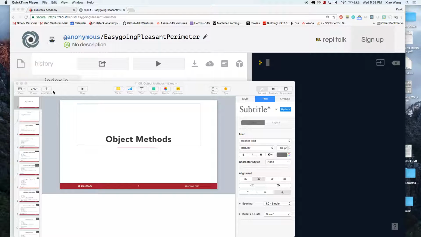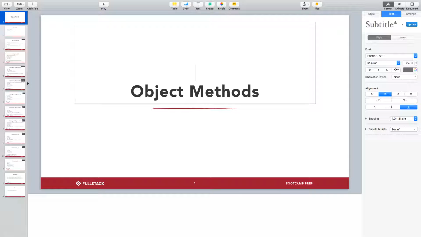very simple properties of objects. How do we read? How do we write? How do we access things? And then today we're going to go a little bit more into depth into objects, but also move into functions